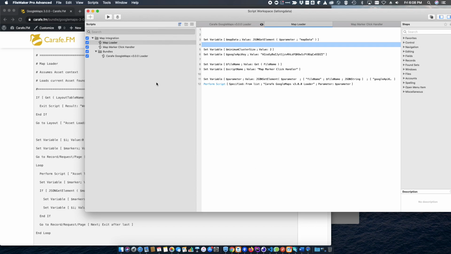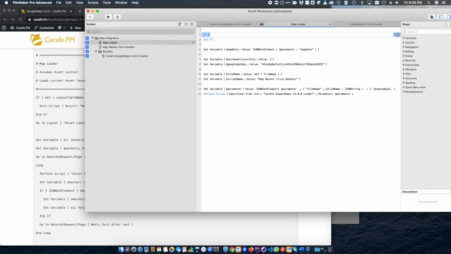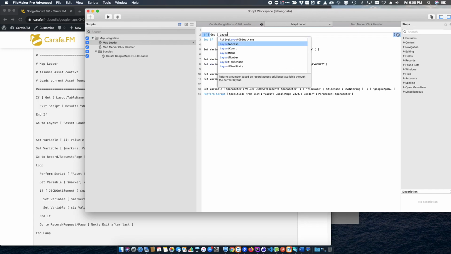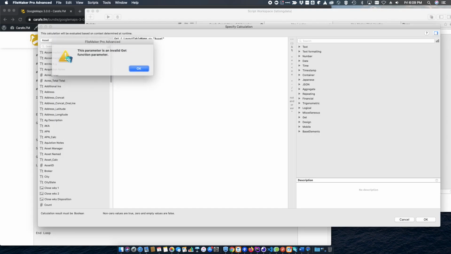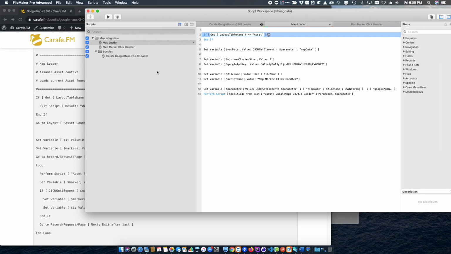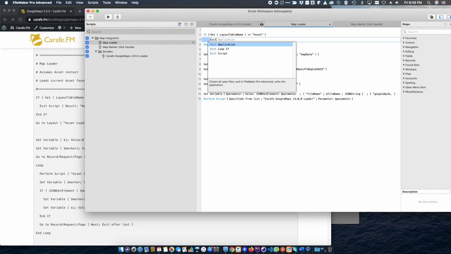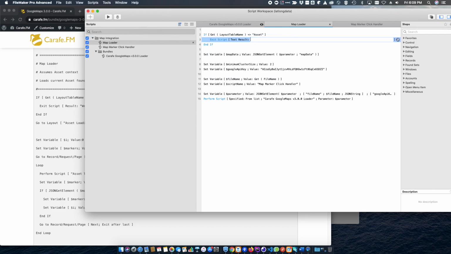Okay, so first thing we do is check context, right? So we'll go layout table context. Name is not asset. We're just going to exit the script, and we can say wrong context. It doesn't really matter. It depends how your error handling is set up or whatever. So